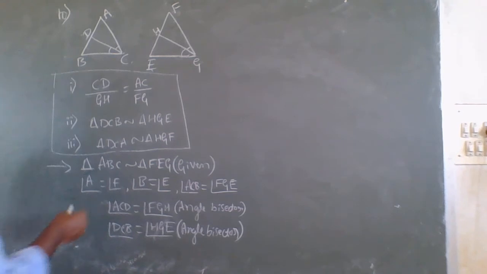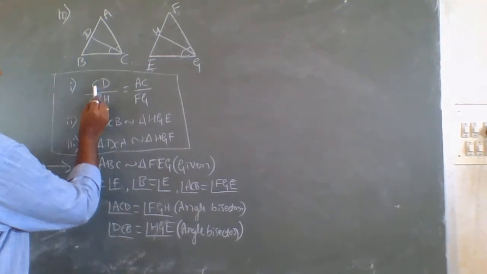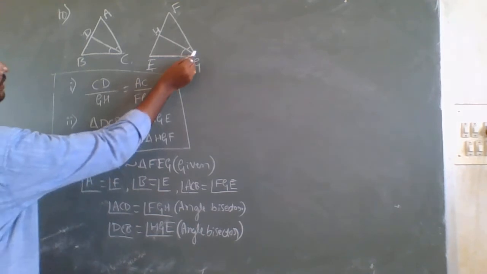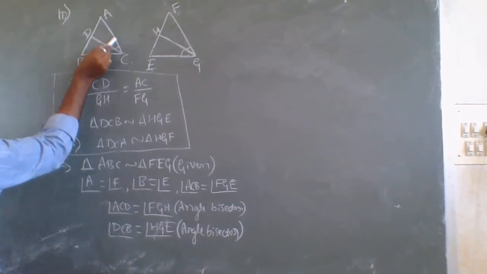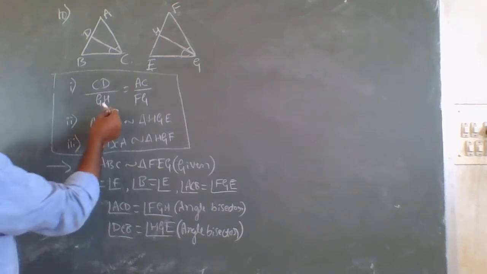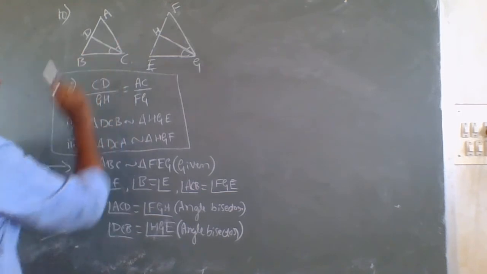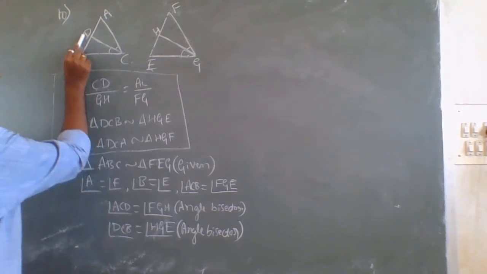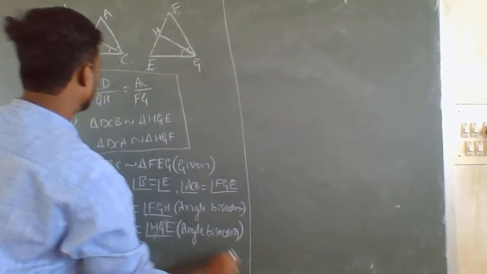So now observe these sides in these triangles. Here CD means this angle bisector CD by GH, here also this angle bisector GH, and AC, this is the side AC, and FG, this is the side FG. So these are the sides of two triangles ACD and FGH. Why? It includes CD and GH. Therefore, I will consider these to prove the first one.